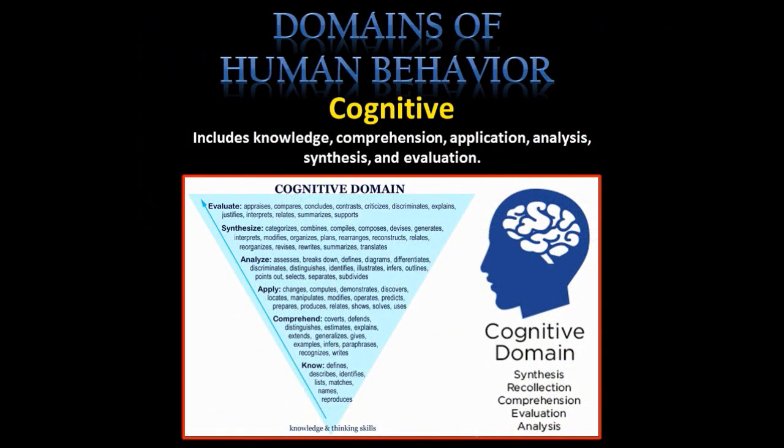The 3 domains of objectives. By this point, it should be clear that objectives are logically and closely tied to instruction and assessment. In addition to differing in terms of level, classroom objectives and their related instruction and assessments differ in terms of 3 general types of human behavior: the cognitive, affective, and psychomotor domains.